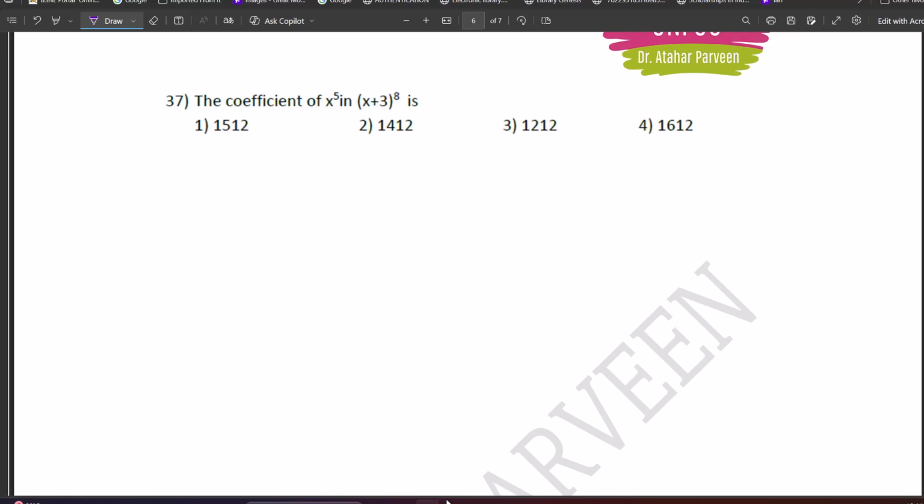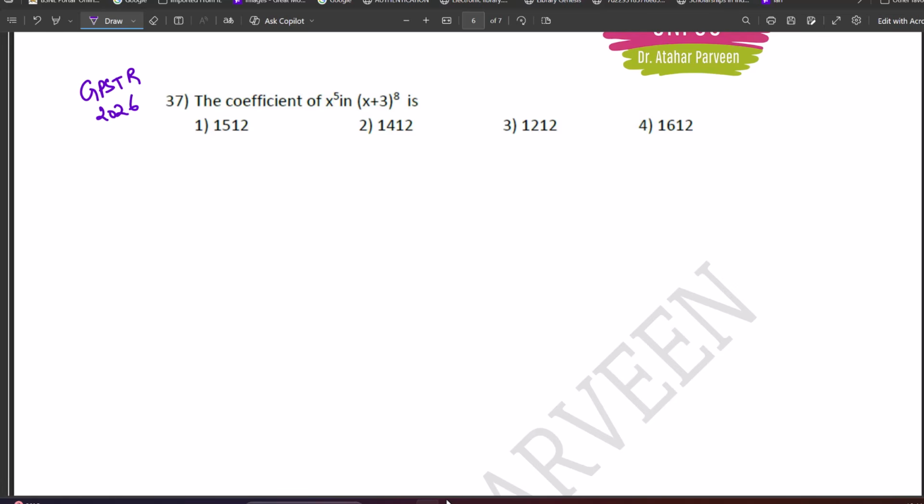Why we taught you the middle term logic is that you can expect anything from this chapter now, because they have given it in the syllabus, right? So you should be able to find the middle terms for even n and odd n. That's why we taught you. Now we should be able to solve this problem from the GPSTR 2026 model question paper.